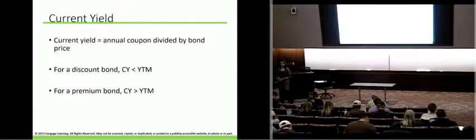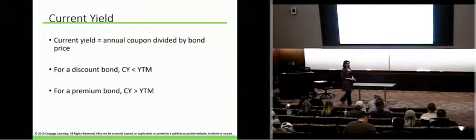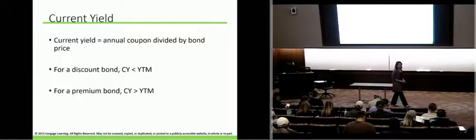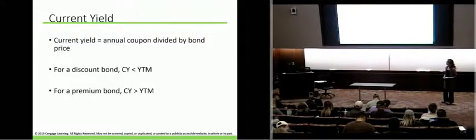This tells me what my coupon, my interest payment, is giving me based on my investment. So based on my investment, what does this interest look like? And it's called the current yield. So you just divide the two numbers, coupon divided by price. There is a relationship that goes with this variable. And the relationship is that discount bonds have a low current yield and premium bonds